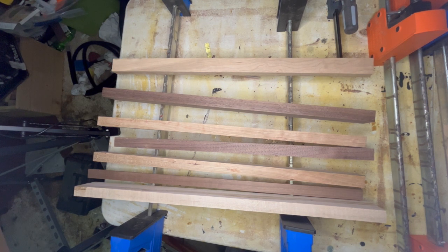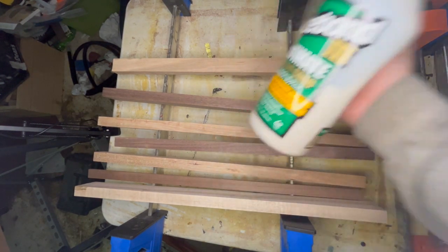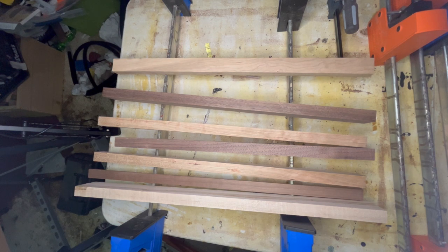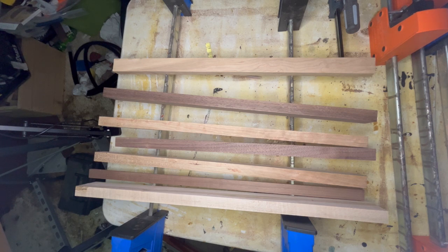So if you've never seen any of my cutting board, charcuterie board glue ups, I like my Titebond 3. Some people say it's not as good as Titebond 2, but I like the fact that it's food safe for indirect food contact. So as long as you're not putting it straight on dried glue, you're safe, and that's exactly what it is when you are putting it on these glued joints that I've got. So with that said,